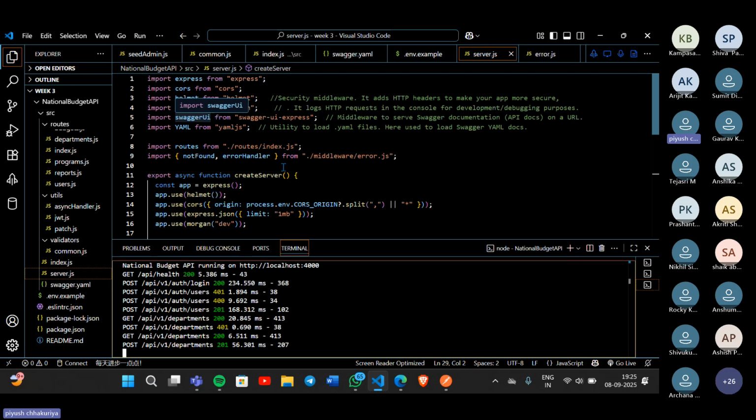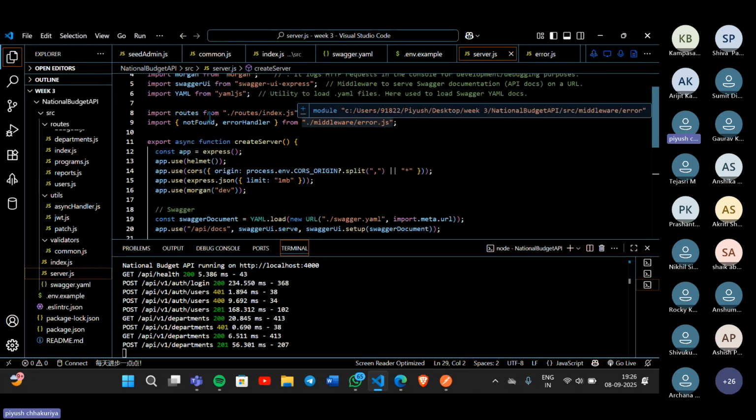Now we have Swagger UI. Swagger UI is a middleware by which we can document the API. Now, what is the meaning of API documentation? Basically, when a third party or the front end is using our URLs, they don't know how to use them. So there will be some documentation, like what response you will get after hitting that URL. So this is some basic information that we will provide them for better readability.